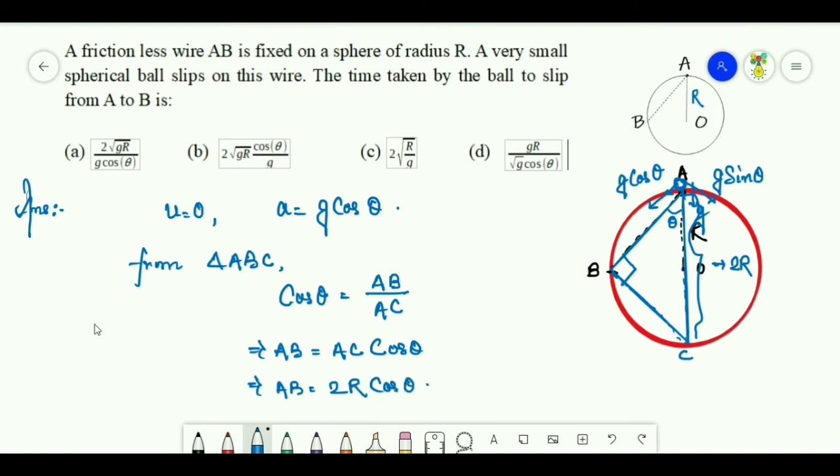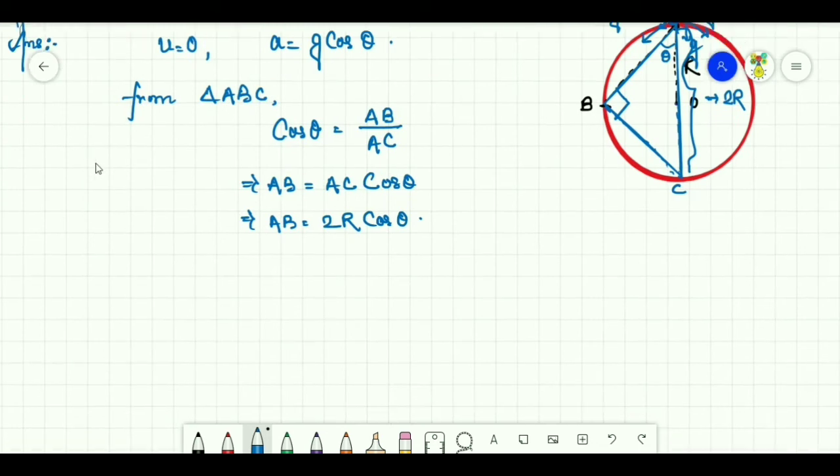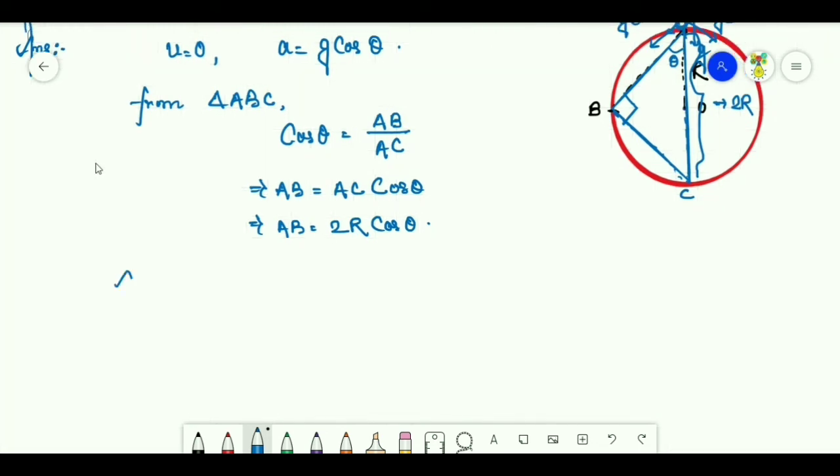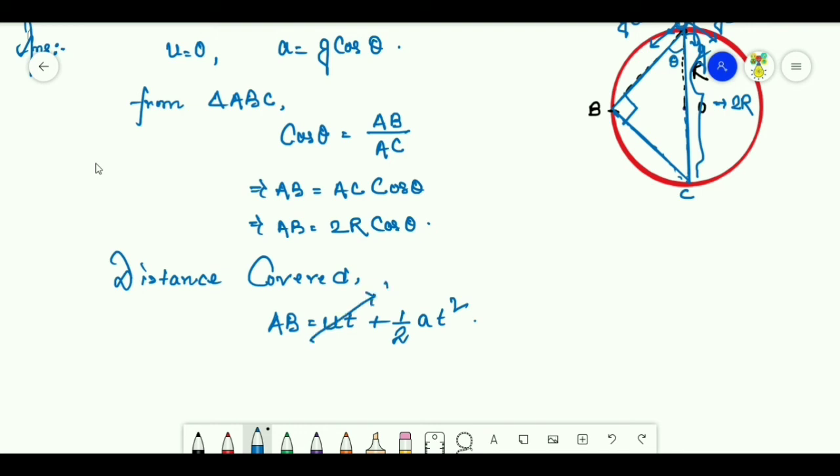Now we need to find the distance covered by the ball from A to B. So the distance covered AB is equal to ut plus half a t square, where u is the initial velocity, t is the time, a is the acceleration. Now since the initial velocity is 0, this term will be 0. So AB we can replace with 2r cos theta, which is equal to half, and the acceleration along AB is g cos theta,